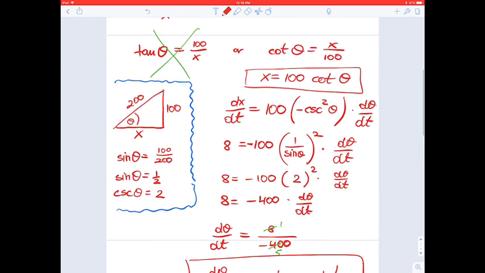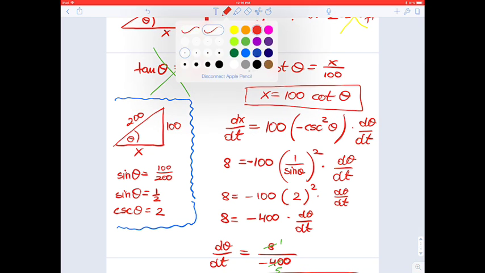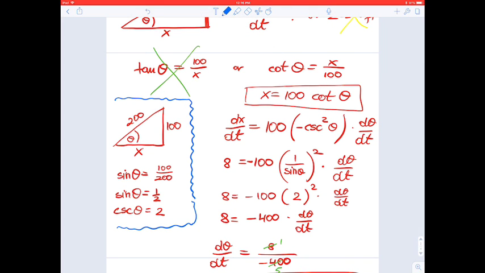Please make sure that you understand each step, and especially the relation. Always be wise and pick the easiest one. In this case, I did pick cotangent, since it's much easier to differentiate x to the power of 1 rather than